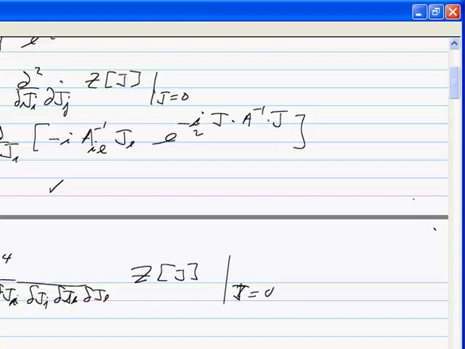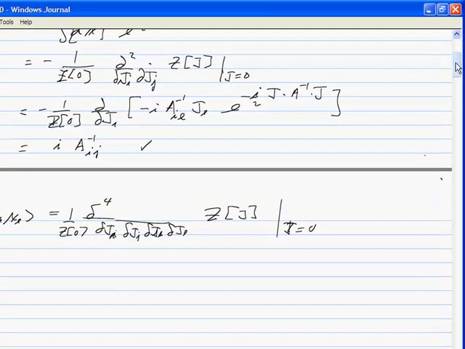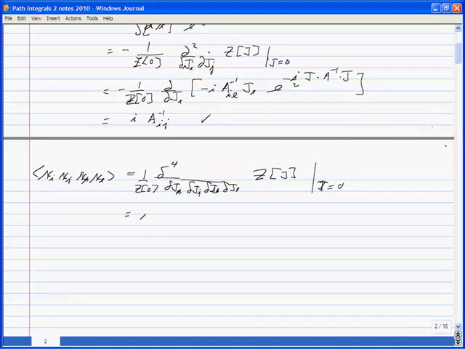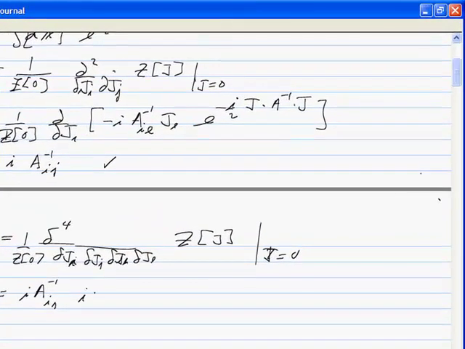And if you do that, let's not do it, but basically it's the same thing. You bring down the various powers of a minus 1, but now I've got 4 derivatives to do. This turns into i a minus 1 ij, i a minus 1 kl plus permutations, which is